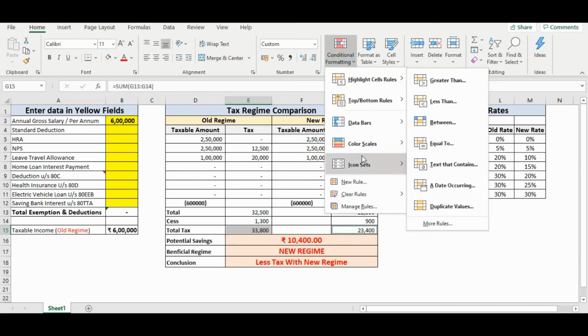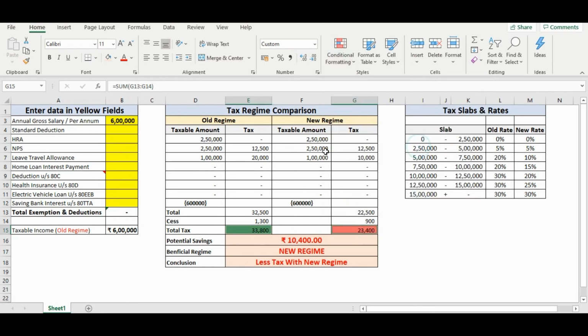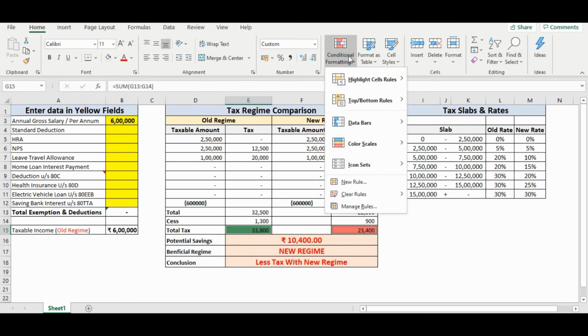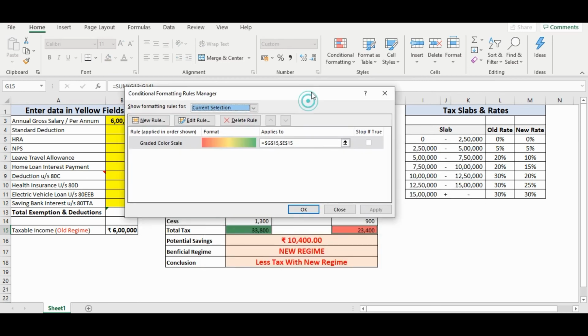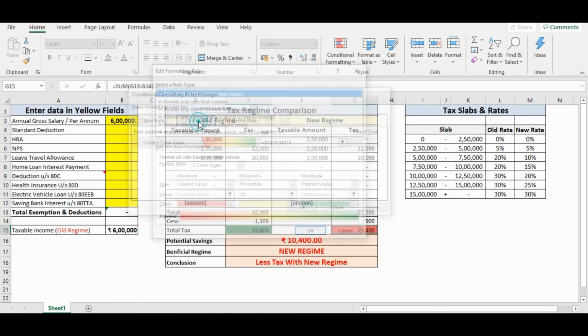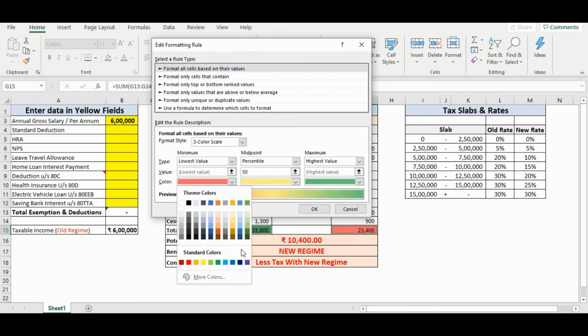One more thing we can do is have our conditional formatting. So from conditional formatting, we can just choose our color scales. After clicking color scales, let's go for manage rules. Click on edit rule. Let's select green color for our lowest value.